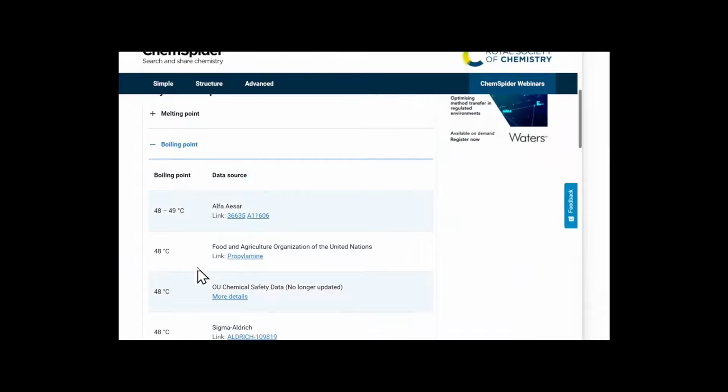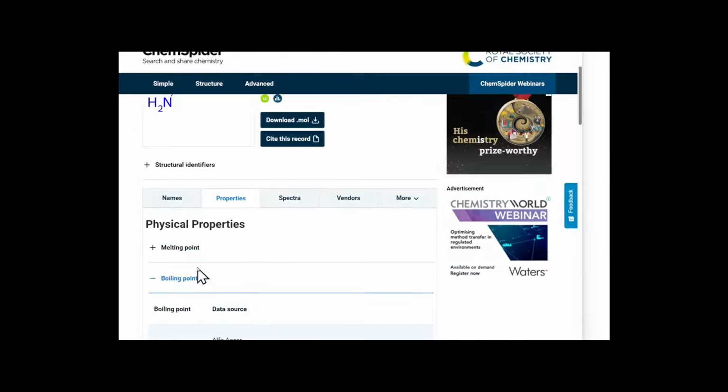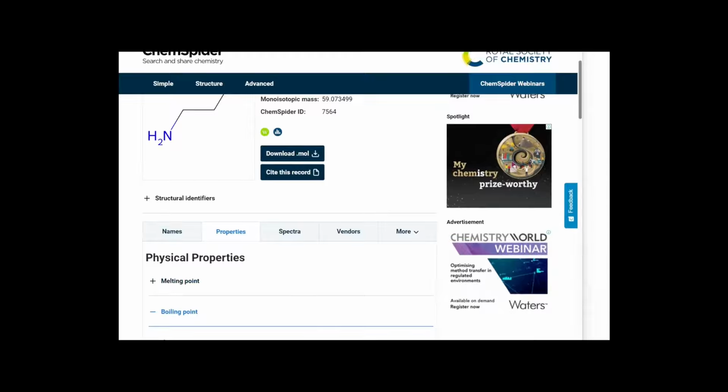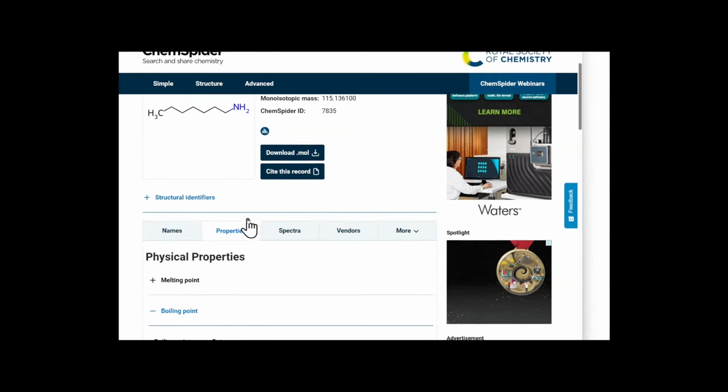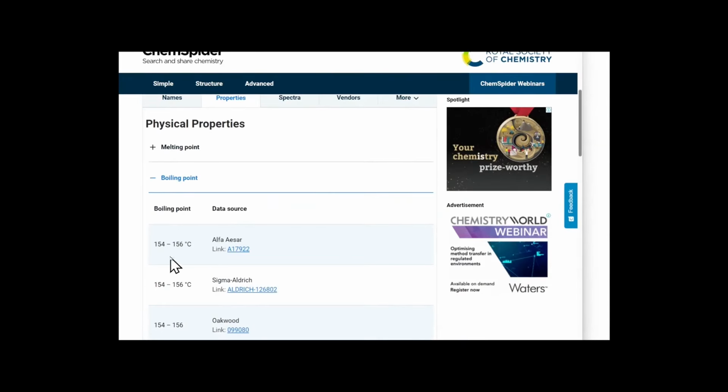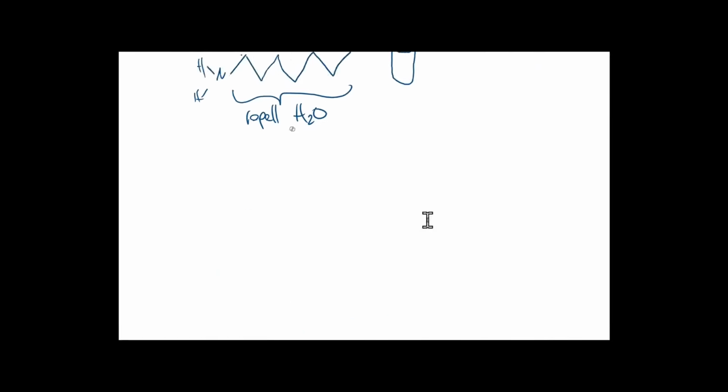48, 49 degrees at sea level, I'm presuming. And the other one, the heptanamine, this long beast here, has a boiling point of 154 to 156 by the looks of it. It's fairly accepted. What does that mean? Well, it means that we would